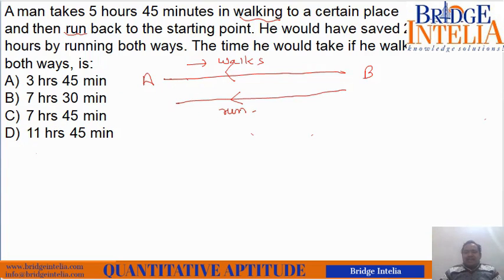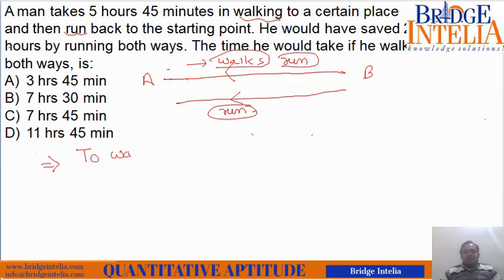So in this case, while running, you require less time. It is said he would have saved 2 hours by running both ways. So if while coming also he would have run, instead of walking, he would have saved 2 hours. It simply means